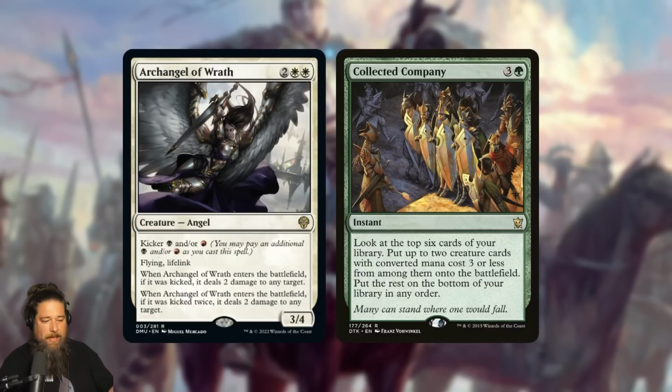You can play it in Black-White midrange. You can play it in whatever. Like, if you can double kick this, this is a great card. The only place that it is kind of not great is in older formats. In older formats, I don't think it's going to be that good. Most of the Angel decks there are Collected Company decks. They want to be like white-green. The kicker's kind of in the wrong color, so not super excited about what this is going to do in